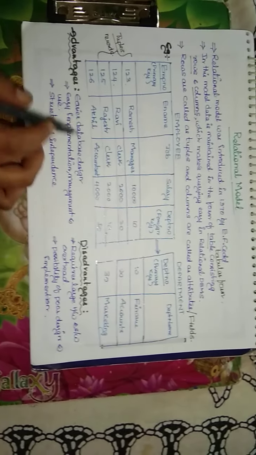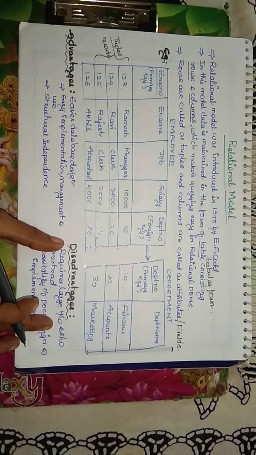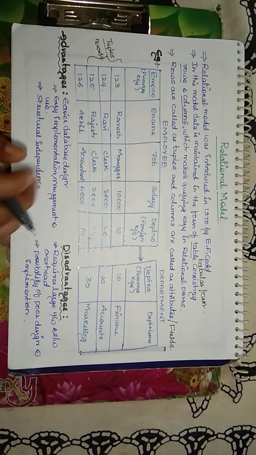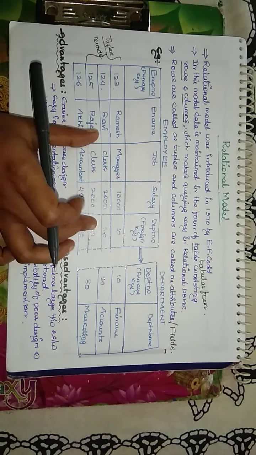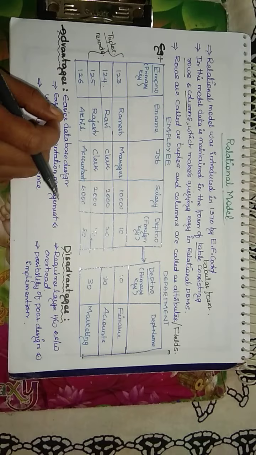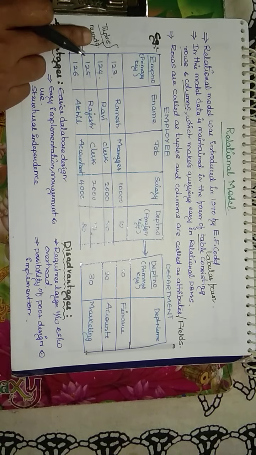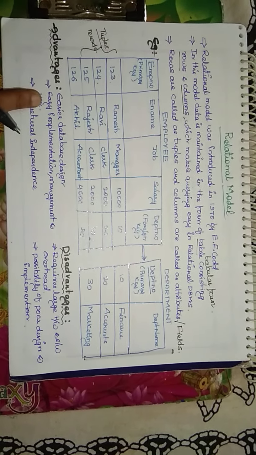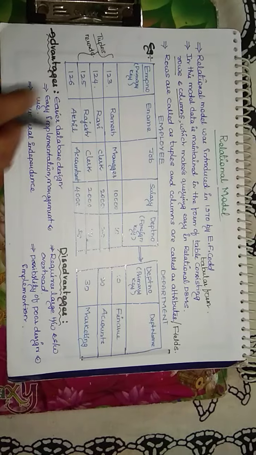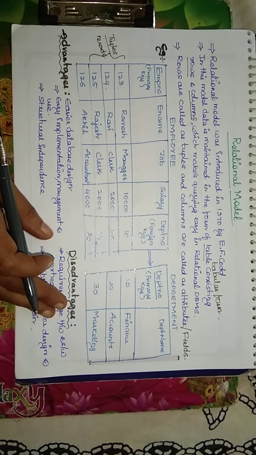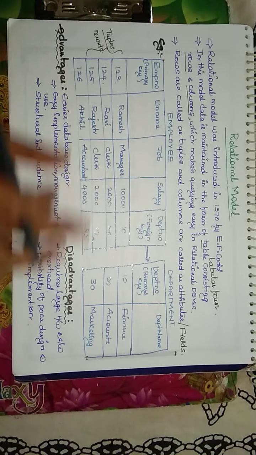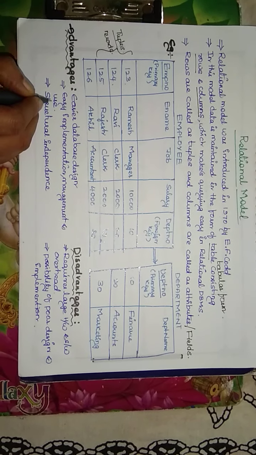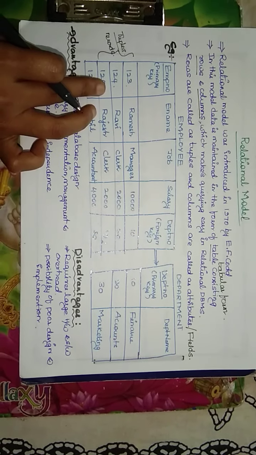Using this model we have some advantages and at the same time disadvantages. The first advantage is easier database design. When we are designing a database, it is very simple to design it in the form of tables. Simply we can take the rows, tuples, as records, and the columns as fields. Next, easy implementation and management. We can easily implement the data in the form of a table, and management is also very easy, since it follows a rows and columns format. The usage is also very easy for the data of this table.